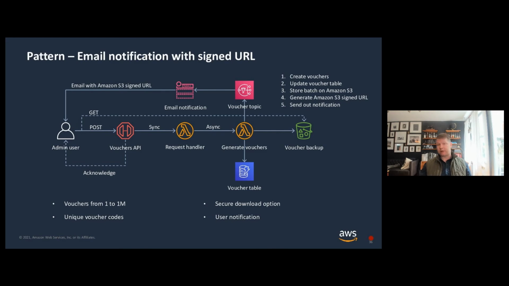So in this case, the generate voucher function doesn't know about API Gateway. It just knows that it got a request for making some vouchers and how many vouchers it needs to produce. The reason the first one is synchronous is because there needs to be a value given back to the admin user, the success notice. And then the asynchronous function is really that production of millions of voucher codes, which takes time.